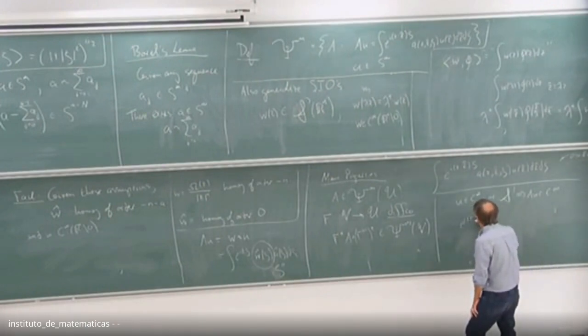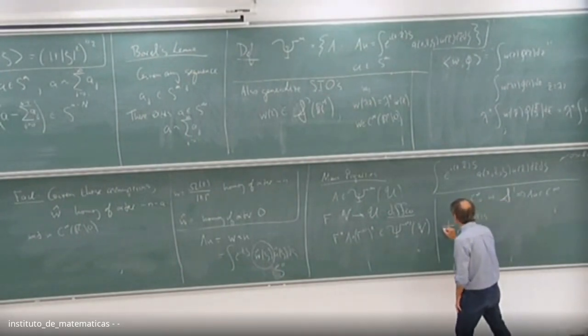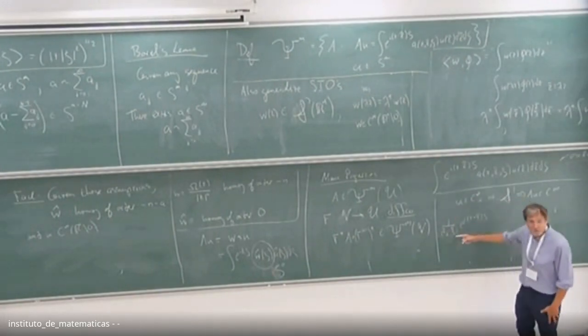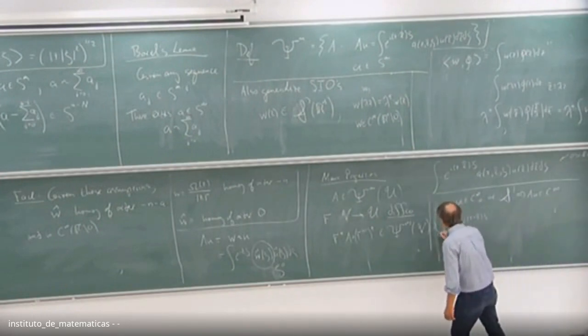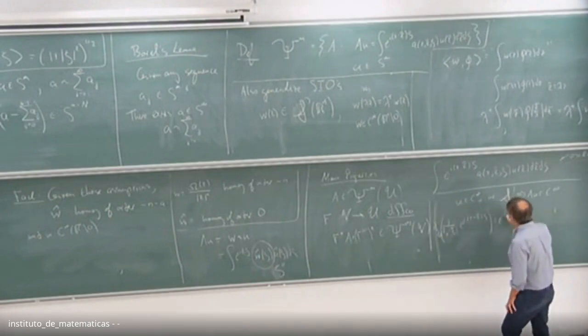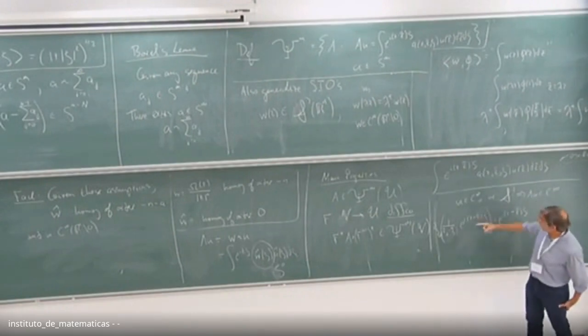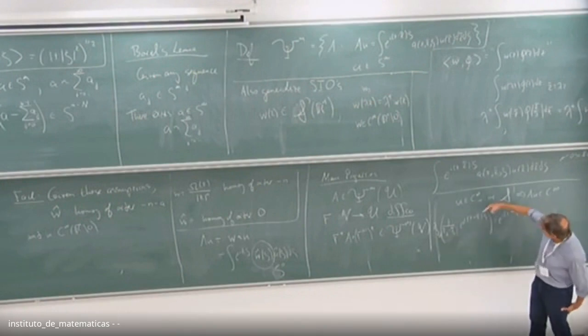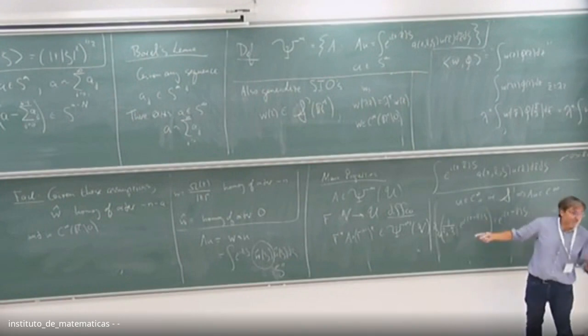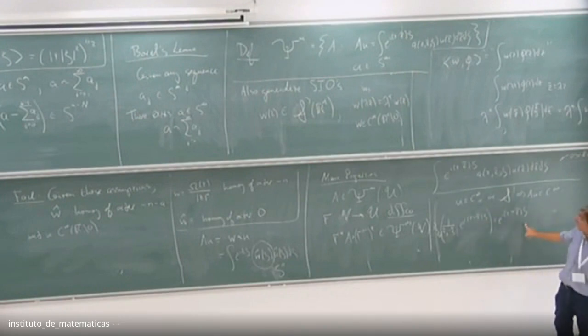If I take e to the i z minus z tilde dot zeta, let me just show you one of the basic tricks, and some variant of this works. If I take zj minus zj tilde applied to this thing, suppose I'm in some region where this is non-zero, and I take d zeta j of this thing. It hits this factor, brings down the zj minus zj tilde, up to a factor of i, and gives me the same thing back. So what does that mean?